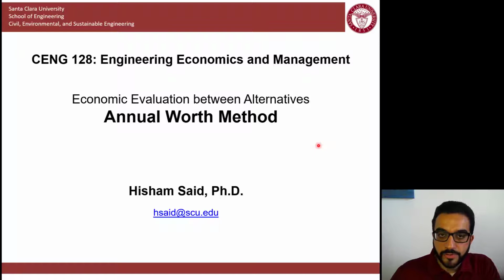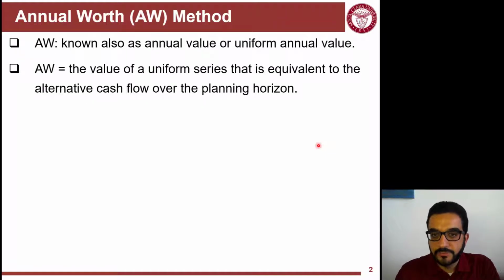So in the previous parts, we introduced present worth, future worth, and the requirement to apply the least common multiple planning horizon when you compare between alternatives of different useful lives. Annual worth is nice in the aspect that it actually frees us from that. It doesn't require LCM. So the annual worth method is a kind of getting an equivalent cash flow